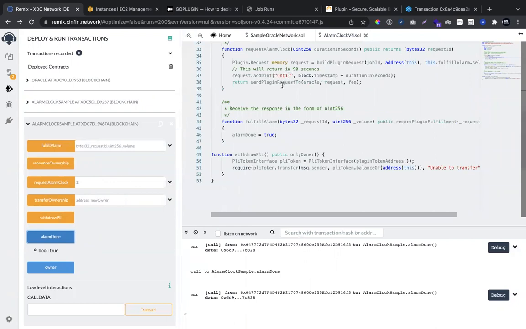It submitted the request by transferring the fee, then the Oracle address and the request, and then it called the fulfill alarm, which turned the flag to true, right?